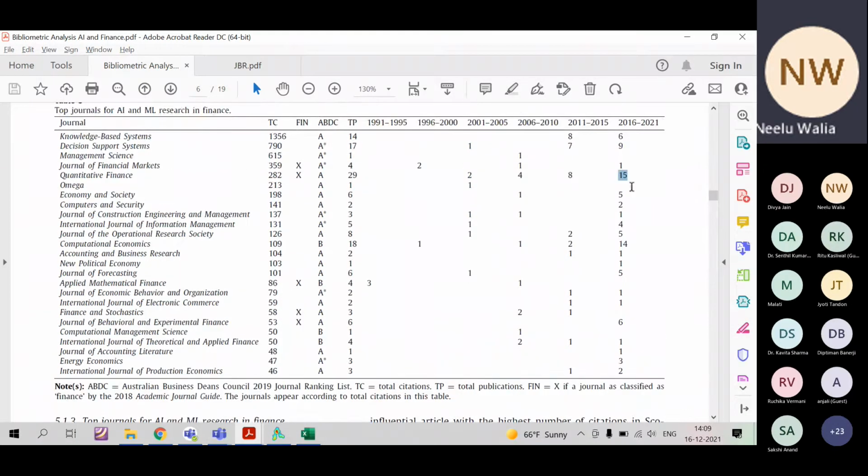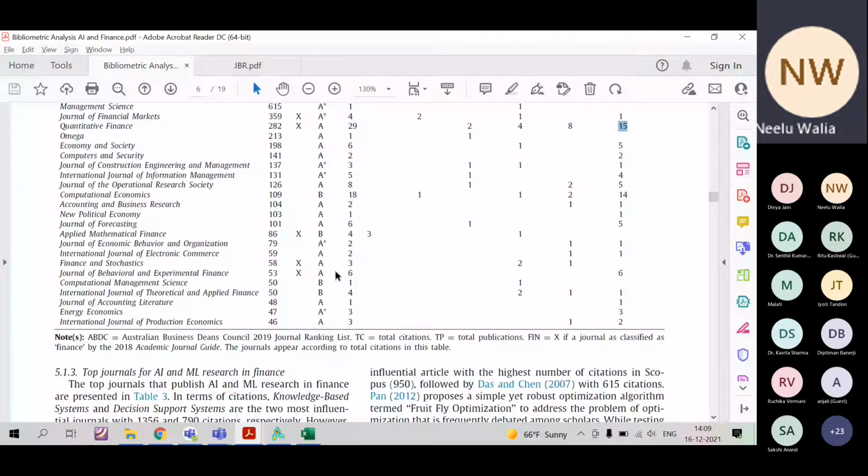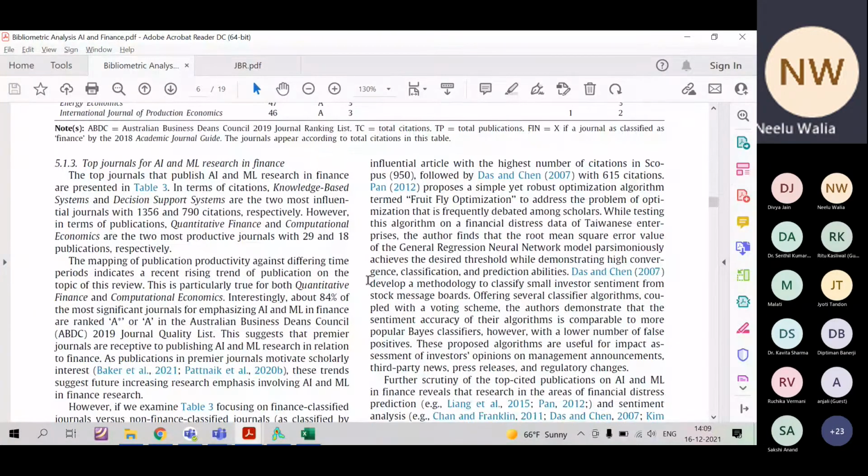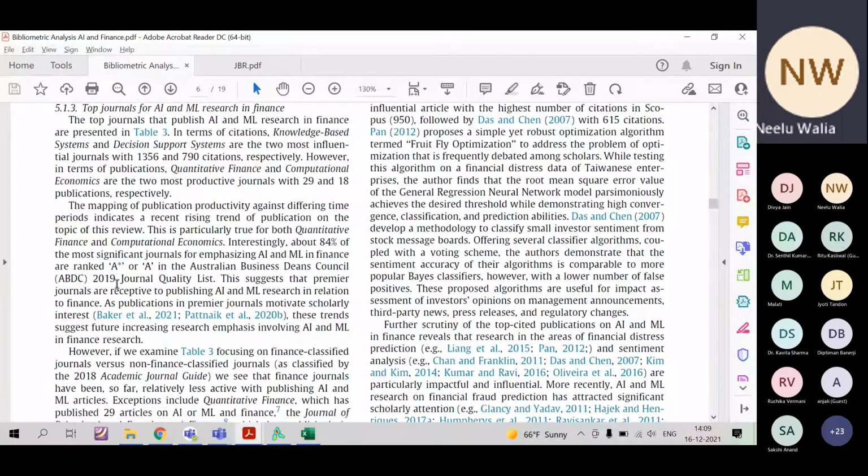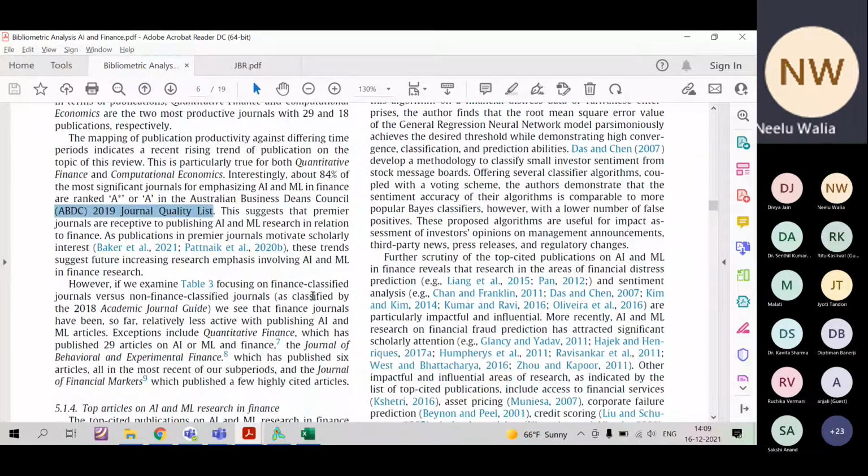Okay, so in 2016 and 2021, these two journals are publishing the highest number of papers. So you can mention these things here. Again, based on the ABDC journal quality list also, you can write two to three lines.